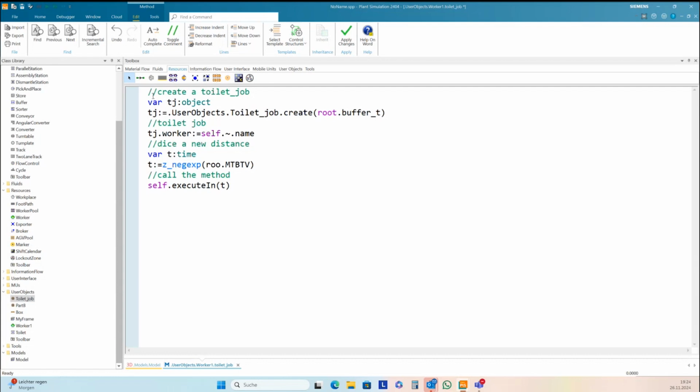And then again, this method will create a new job MU, and this will enter the toilet, and there we need to change the service of the toilet so that the program is calling the right worker here. Okay, this is the first part.